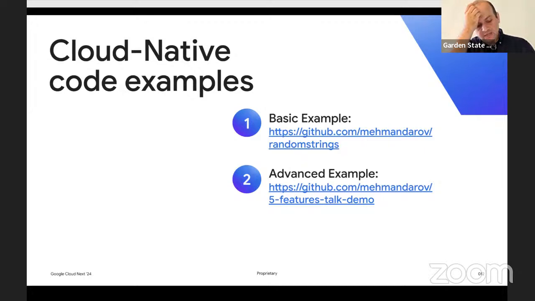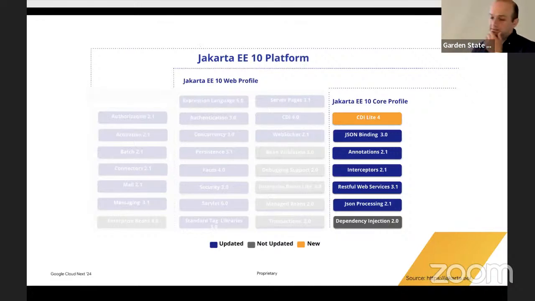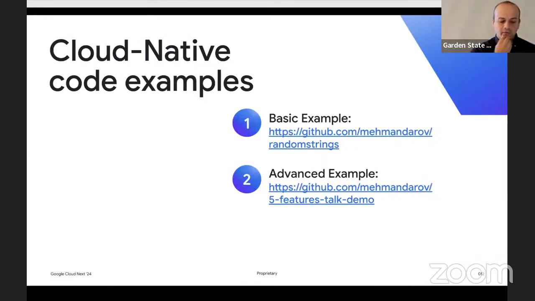If you really want to see how all this works and how it's all put together, the cool thing about both MicroProfile and Jakarta is that it's done by good old annotations. There is a love-hate kind of relationship between developers and annotations. We can hate it or love it, and different providers, libraries, and frameworks will help you in different ways, but in this case, it's mostly annotations. If you want to have a look at how things work and how you can easily create REST endpoints, health and all the other things,